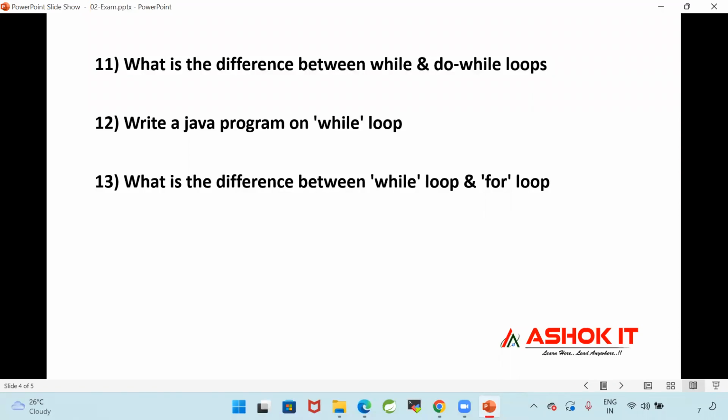You need to write what is the difference and what is the syntax as well. Syntax of while loop and syntax of for loop.